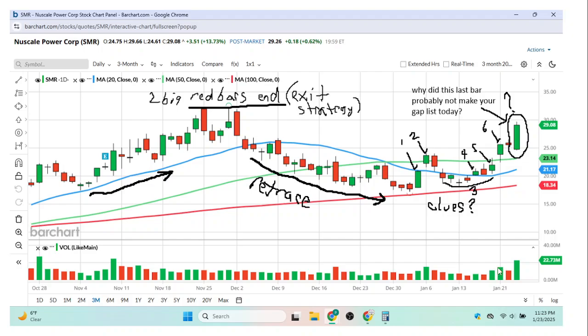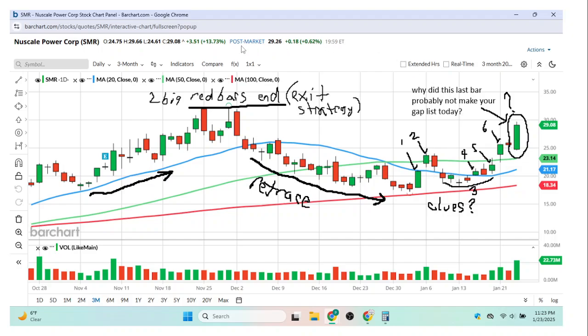See these two volumes picking up here? Next day we got an inside bar, little red inside bar, not much happening there. Now, I want to talk about this final bar. If you didn't get in here,